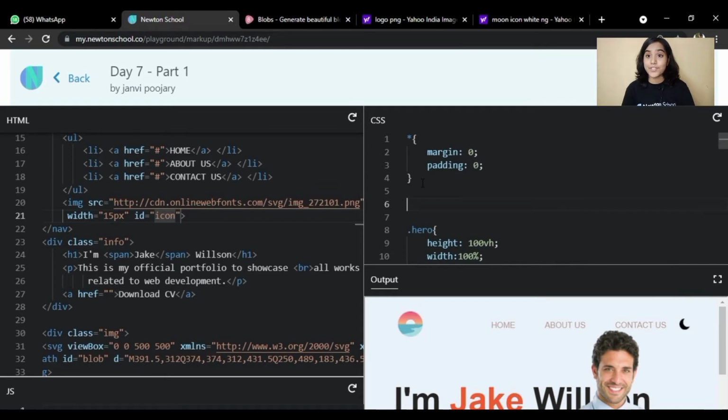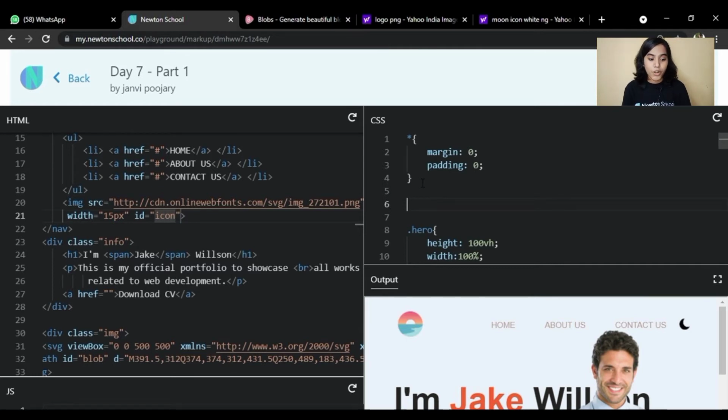Now here, my friends, we have to toggle it to the darker mode, right? When we toggle it to dark mode, the background will be dark, as in blackish, so we have to change a few of its colors, like the background color and the color we have written for our H1 and P tags as well as our navigation. So the question is how to change it to the dark mode whenever we click on this half moon icon.